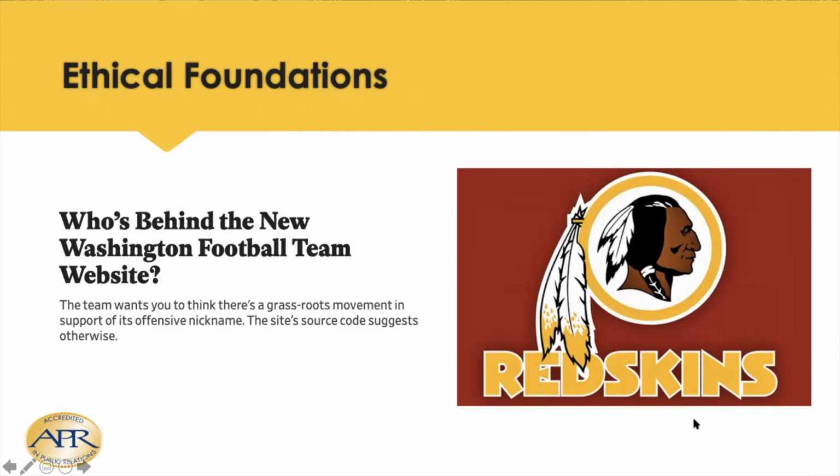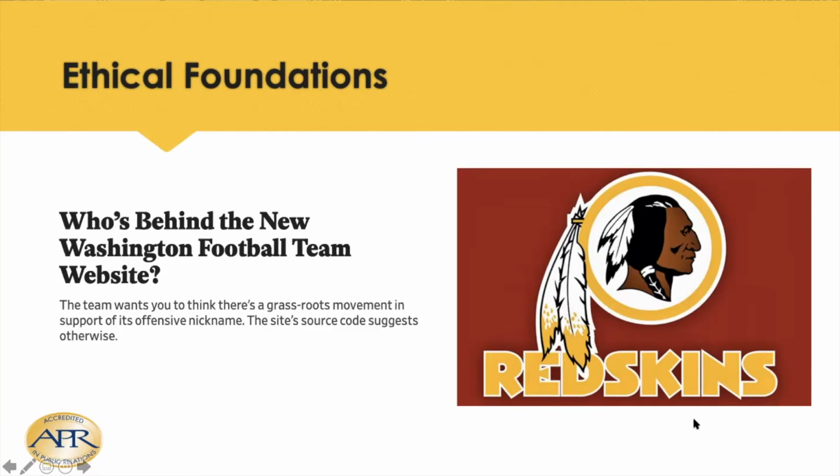And ironically, right now, they're still the Washington football team. And what we're hearing is the reason they haven't come out with a new name has to do with trademark law, that they're struggling to come up with a name that hasn't already been trademarked. Because if it has, then they have to buy the trademark if they can, which would be very, very expensive, or come up with a name that hasn't been trademarked.